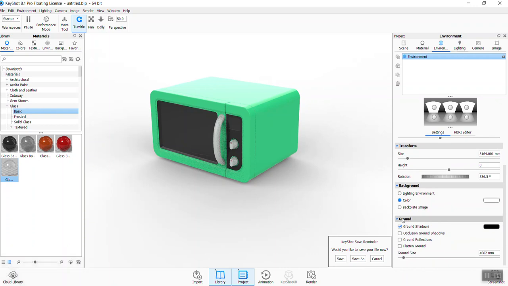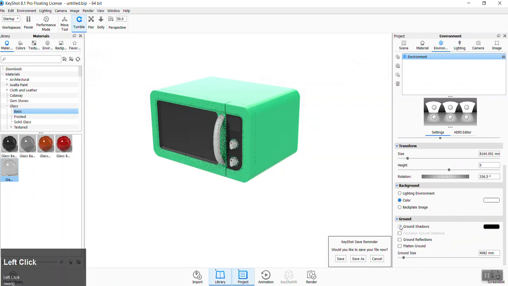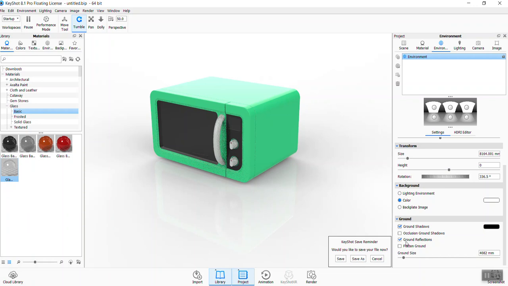Sorry. Well, firstly, ground shadows. Depending on what you're doing, sometimes you don't want shadows on at all, especially if you have an object that you want to Photoshop into a different environment. It can be helpful to turn off shadows for an object that's floating. You could have ground reflections if you want to have that floor reflective effect. Now